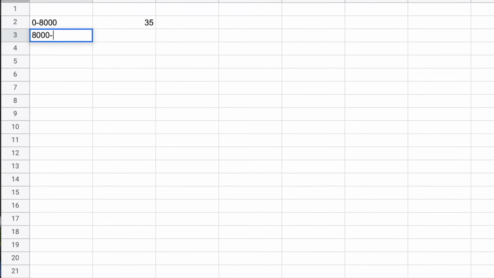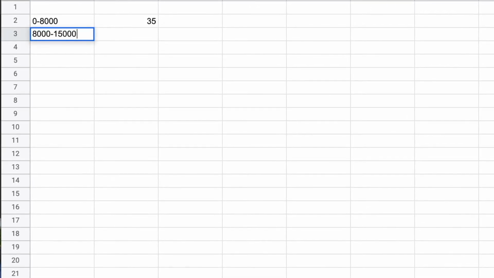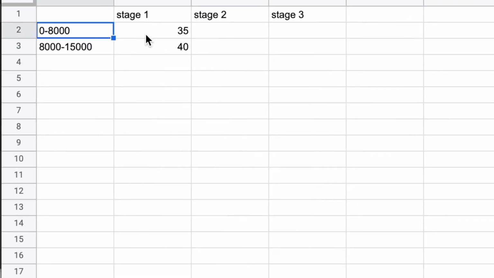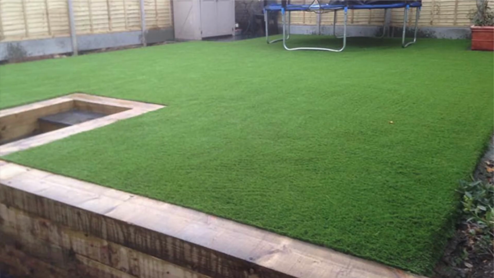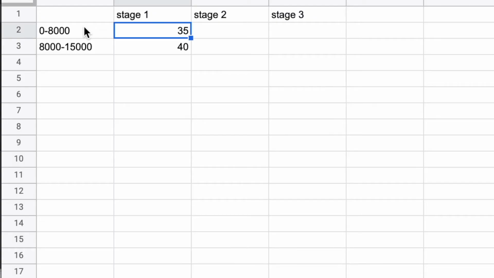So, you know, you do go 8,000 to maybe you're doing 15,000 square feet. To give you a general idea, then the next price would be going up $5. Obviously, you'd have to figure out your own pricing. This is not exactly what you need to do. A $35 lawn at 0 to 8,000 square feet may be just a nice flat lawn, nothing around it, nothing to weed whack in the middle.